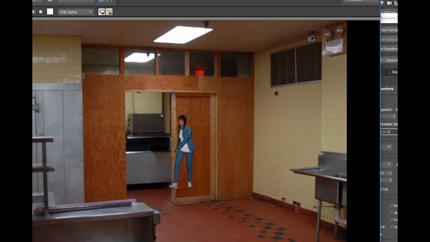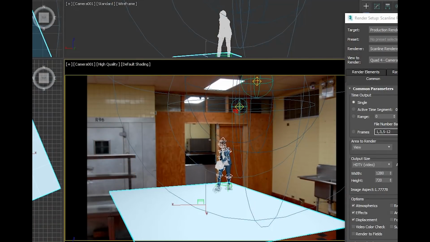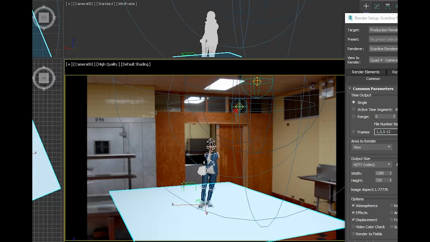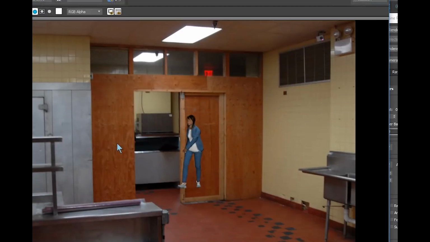Let's see. Yeah, it's right there. Let me just show you how this would work. Oh yeah, it's actually a still frame there. I forgot that I just rendered one. Now you see the movement here? This plane right here only captures the shadow. So see that shadow right there? When you render it out, it only captures the shadow. So let me see if you can see that when I hit this render button.